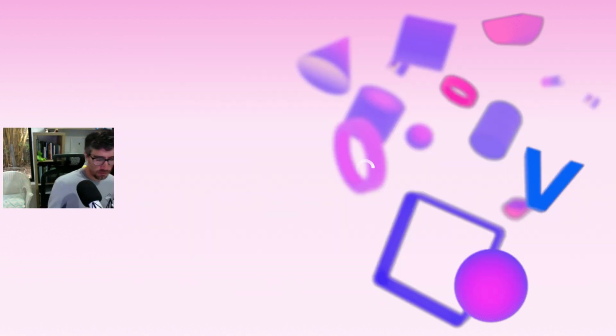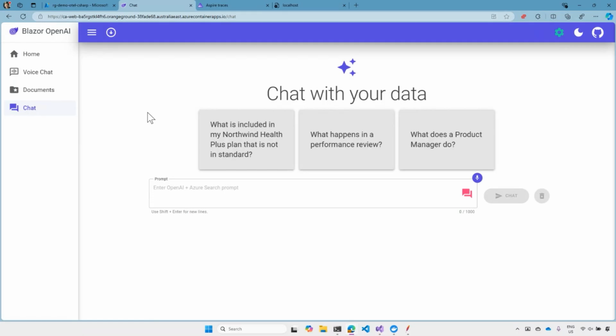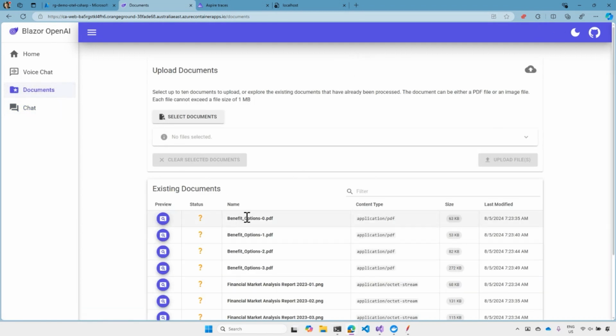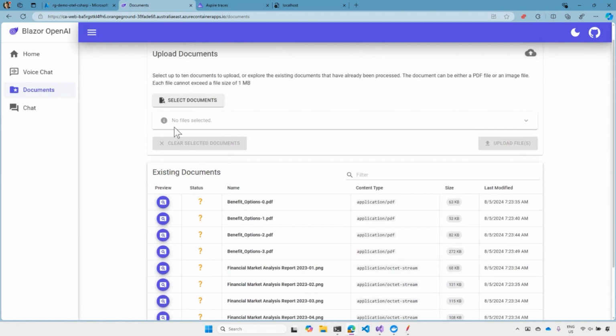So I'm going to show you a demo from my other machine. It is a RAG application running in Azure Container Apps, written in ASP.NET. In this application, you upload documents, like corporate documents. In this case, we've got a fictional company with market analysis, HR documents and policies, and so on.